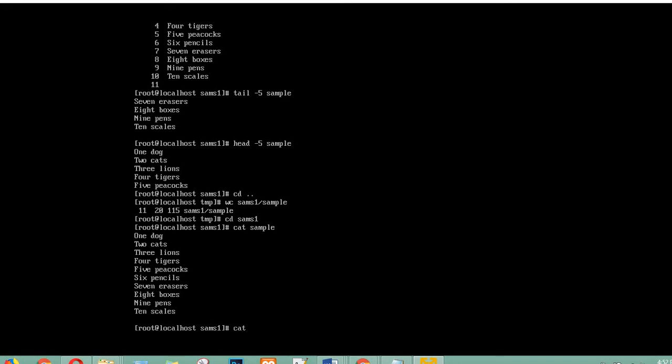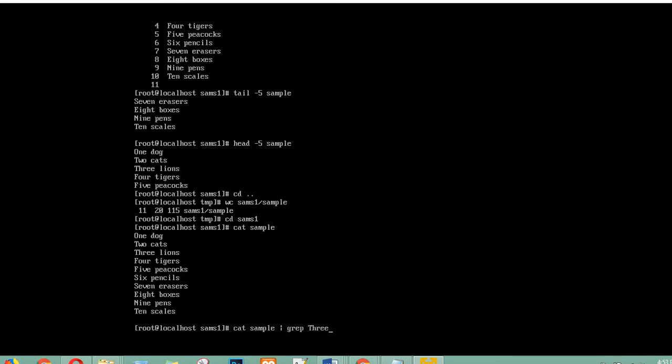So we have to go something like this. We have a pipe and a grep command. That means we are going to combine 2 commands using the pipes. Pipe is nothing but this, and grep